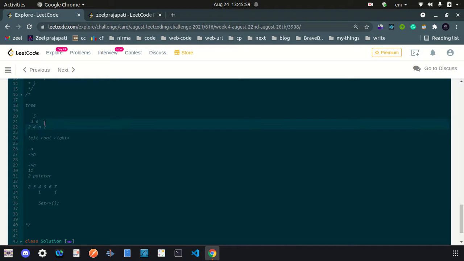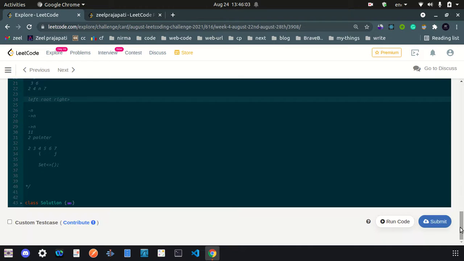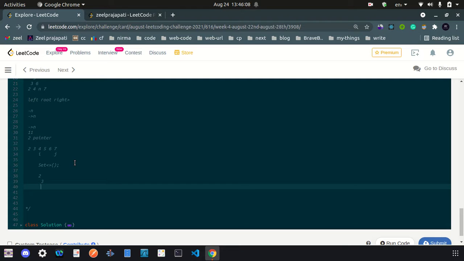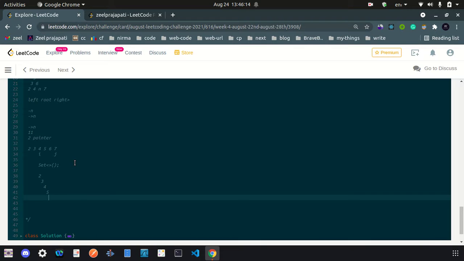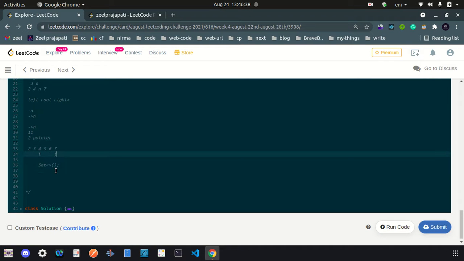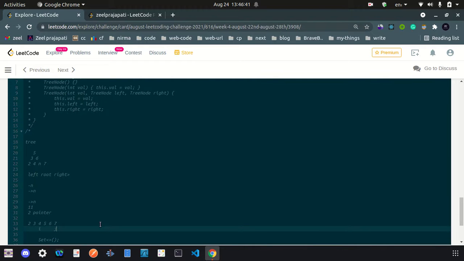Let's say our tree looks like this: we have 2 here, then in the left part we have 3, then in the bottom right of 3 is 4, then here is 5, then 6, then 7, then 8, then 9. Let's say we are going to find the sum 2 plus 9 equal to 11. In this case, starting from here, traversing all the nodes is required, so at the end I will get the answer, and it is nothing but big O of n. I hope you understand that these two approaches are big O of n solutions.